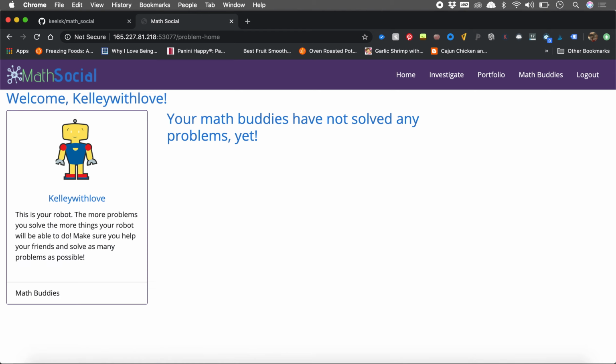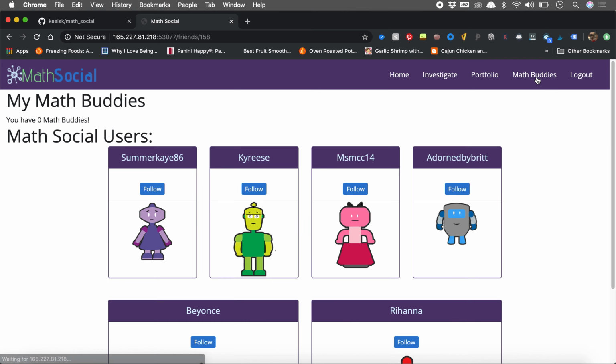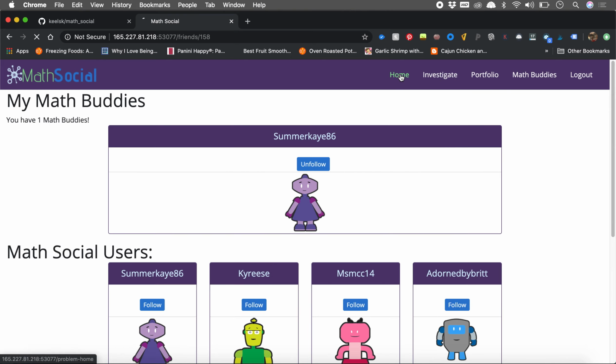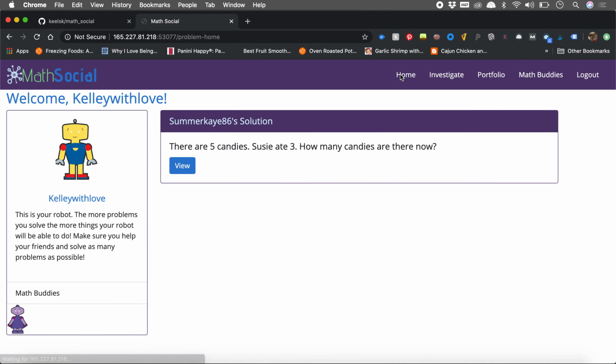All right, so I did remember. She doesn't have any math buddies. I'm going to add Summer K because I know that person has problems. I have some weird CSS stuff going on this page, but I couldn't figure that out. So when I view this solution,